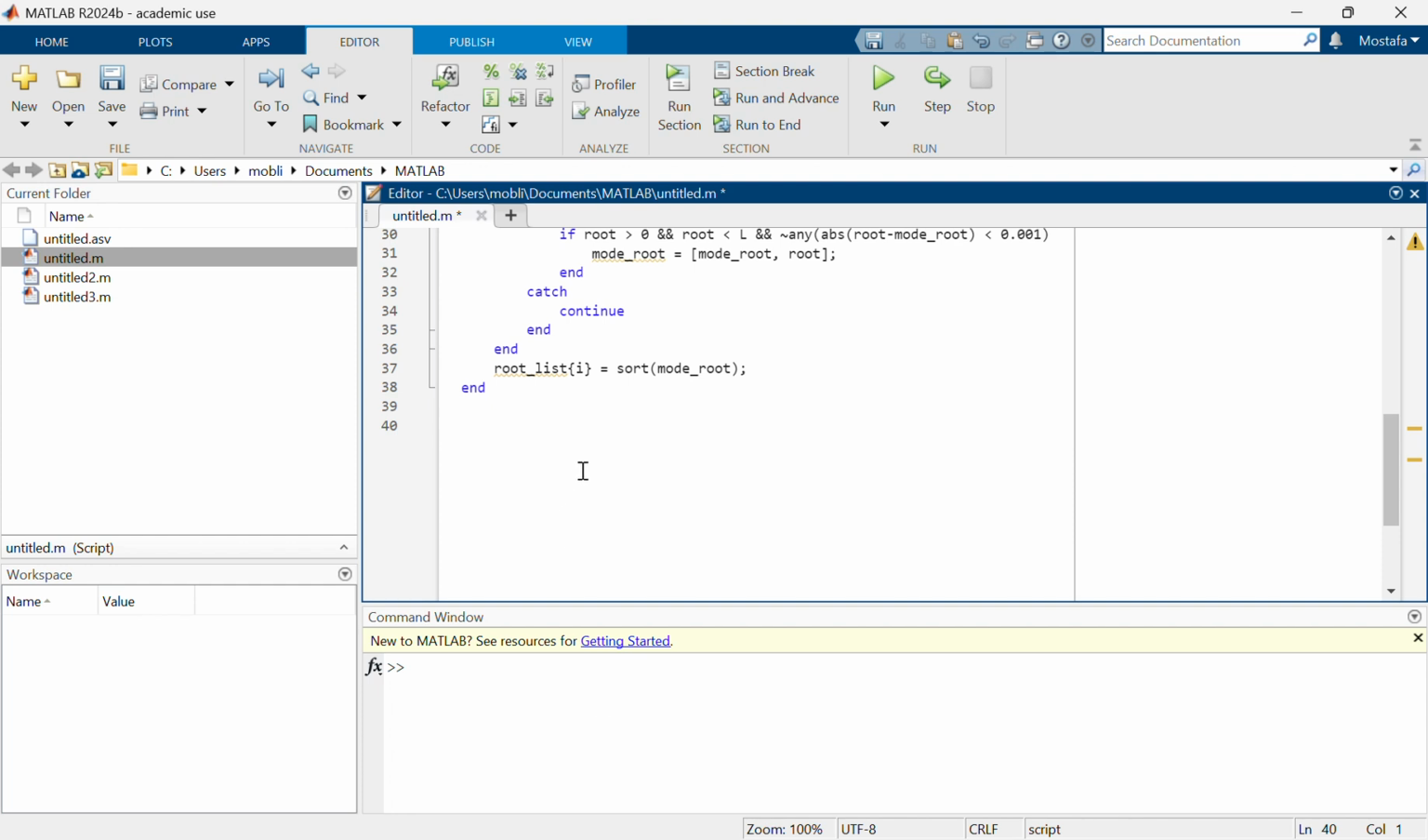How do we display the roots? And now we are going to write another for loop. For loop again goes from I to I1 to the length of the root list this time. Okay. And then the print command for us is fprintf for MATLAB. In the fprintf, we wanted to write first of all that mode. It's going to write the mode,